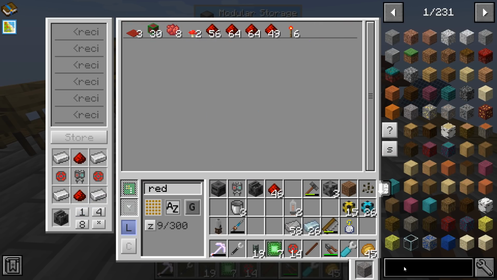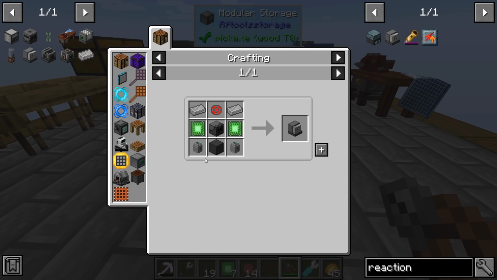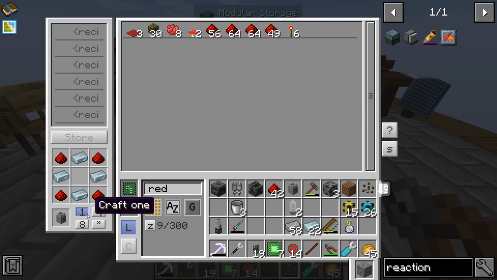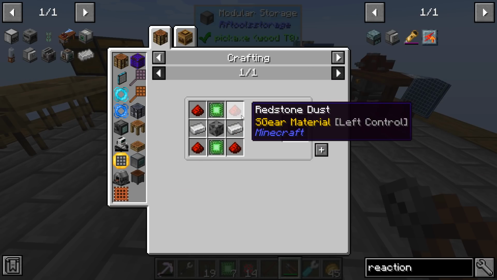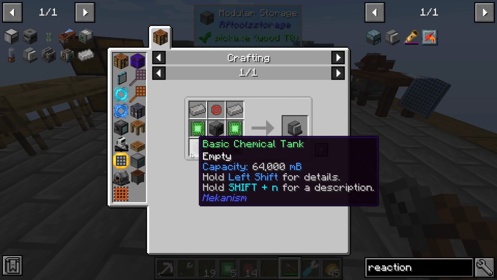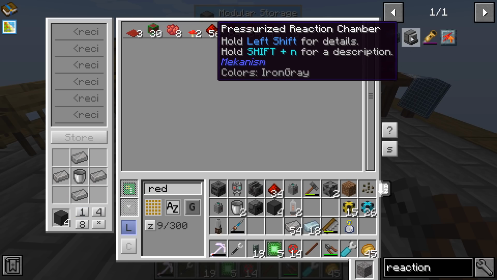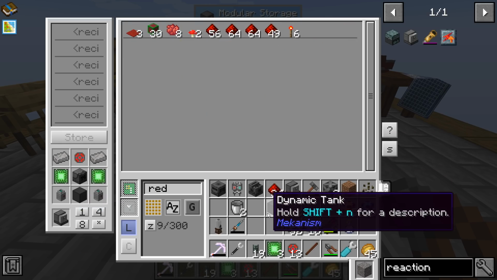Then we need the, what is it, pressurized reaction chamber. Go ahead and grab one of them. We'll need 2 tanks. Sweet. Go ahead and grab another enrichment chamber. So let's go ahead and grab that, because this one takes one to make one. And then, did I already grab tanks? I believe so. Let's go ahead. Oh, we still need a dynamic tank as well. This is like a multi-block tank, but it's just part of the recipe, so we don't have to worry about